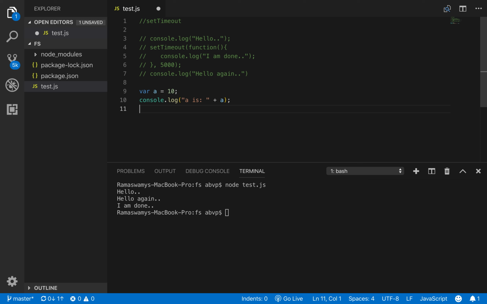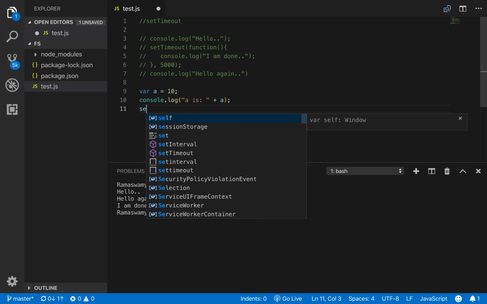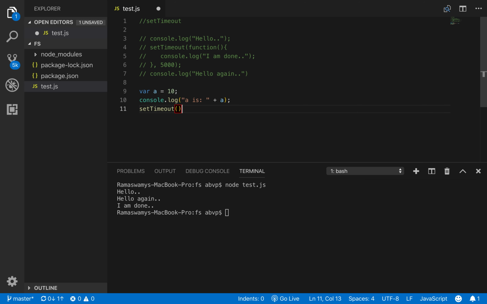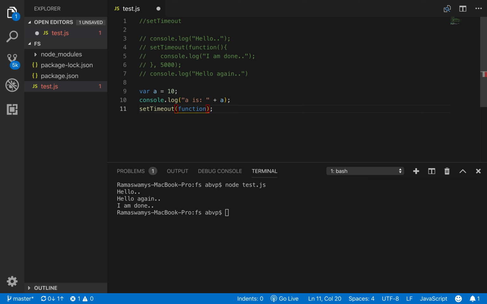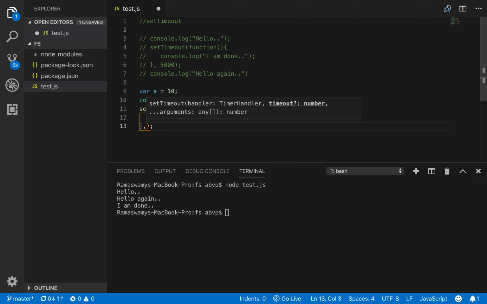Now let us call setTimeout with a function that changes the value of A and prints that value after 5 seconds. So setTimeout, then we specify a function which is anonymous, and then let us call this function after 5 seconds.